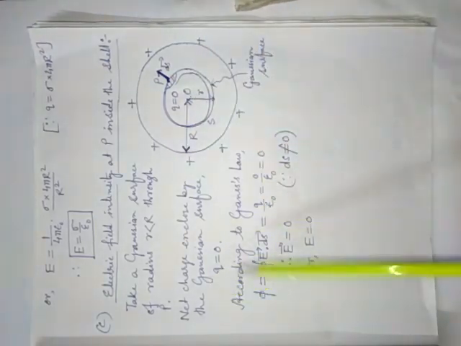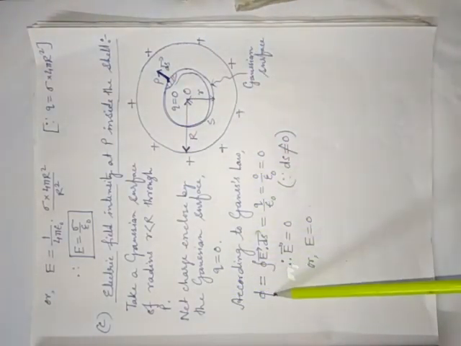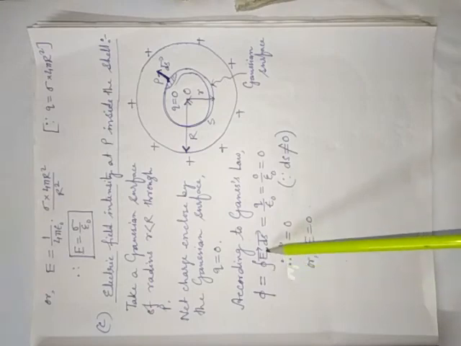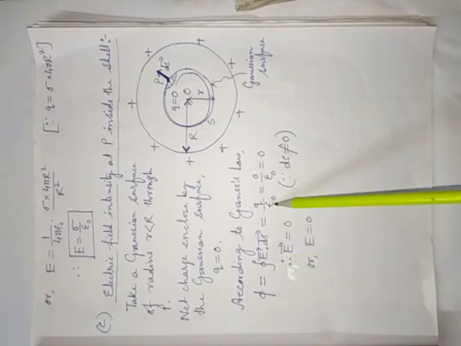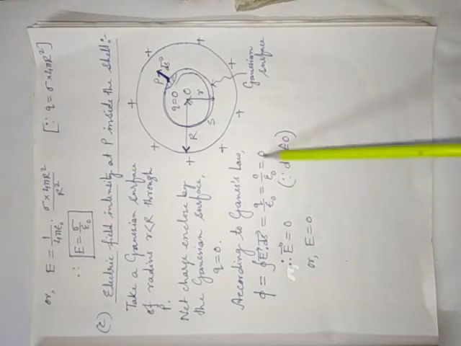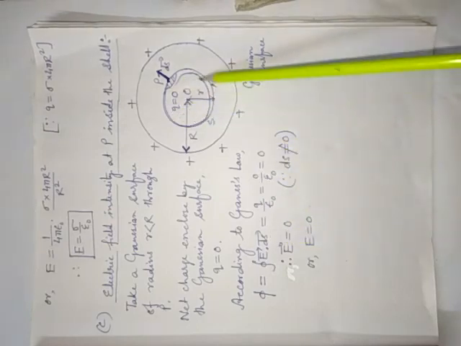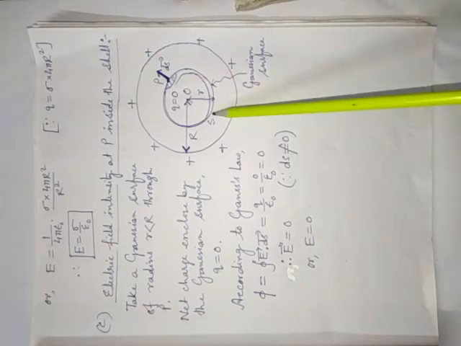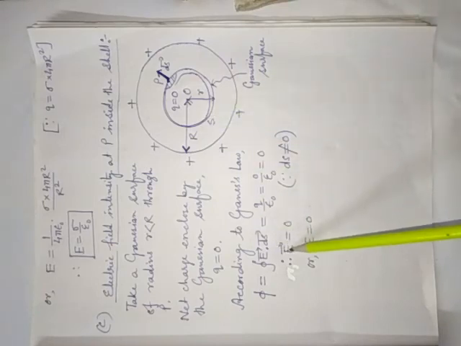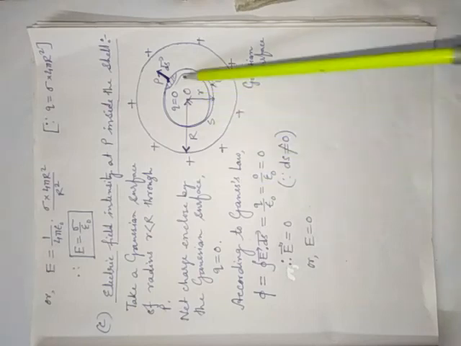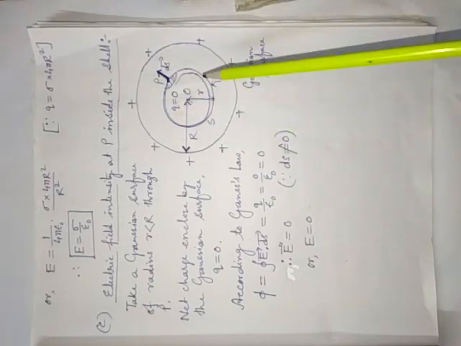That is why, since q is 0, applying Gauss's theorem, see, phi is equal to the integral of E vector dot ds vector equals q by epsilon naught. q is 0. That is why it is 0. Since ds is not 0, ds is a small portion of S, the Gaussian surface, ds is not 0. Definitely the E vector should be 0. That means E is 0. That means inside any spherical cell, the electric field intensity is 0.